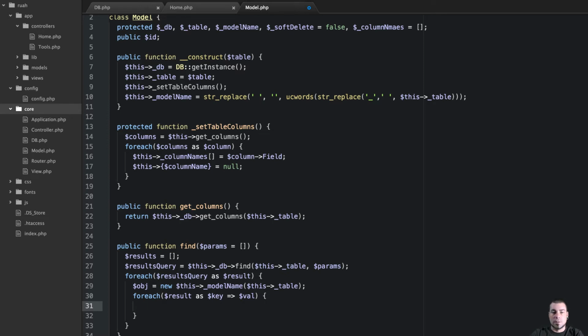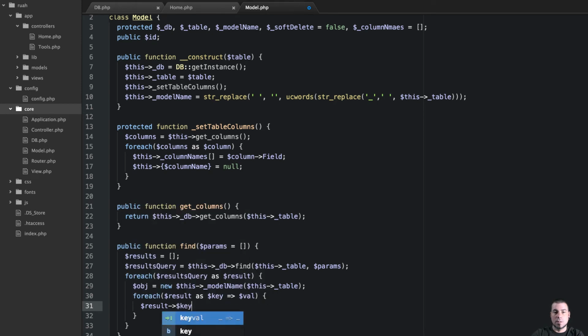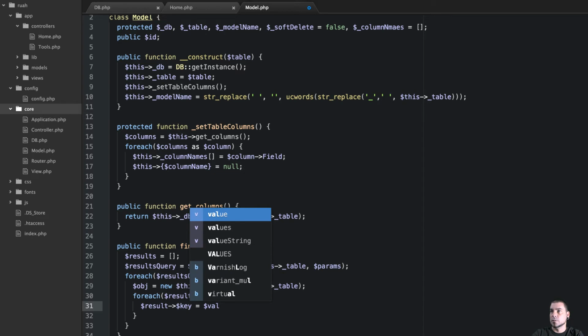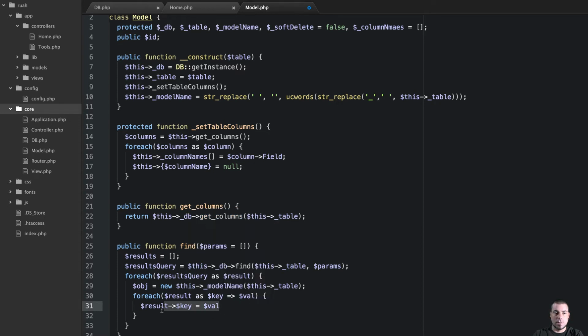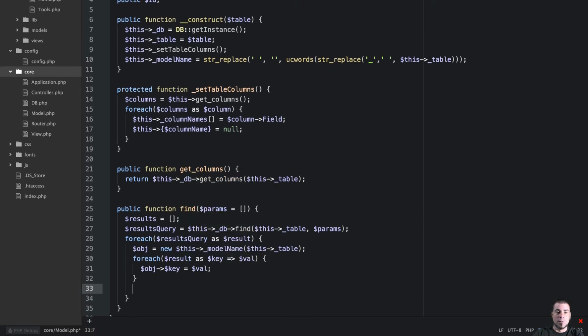Then what we're going to do is say result key is equal to value. Okay, then what we're going to do is, I'm sorry again, man, I am screwing this up. Object, I knew that didn't look right. So object key is going to equal value. Okay, and then after the foreach,